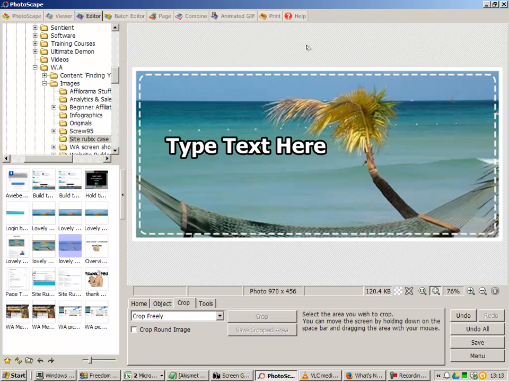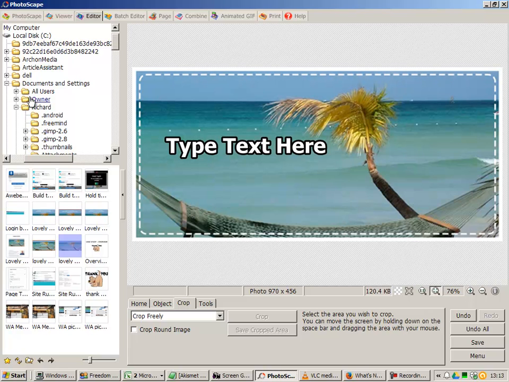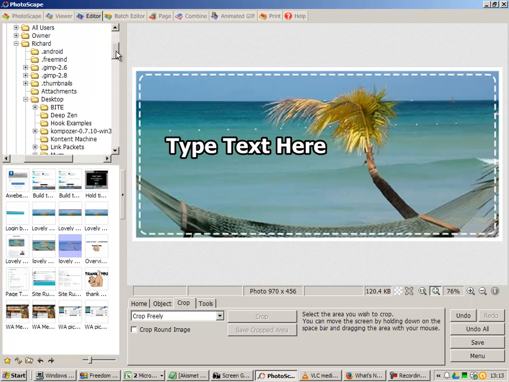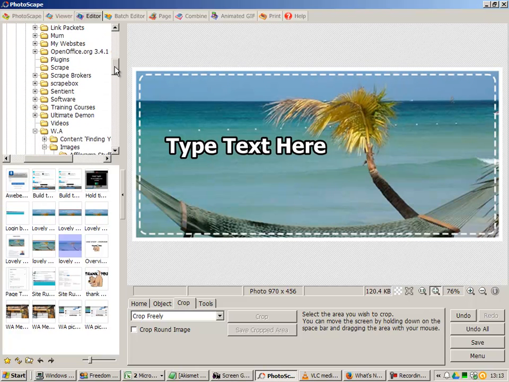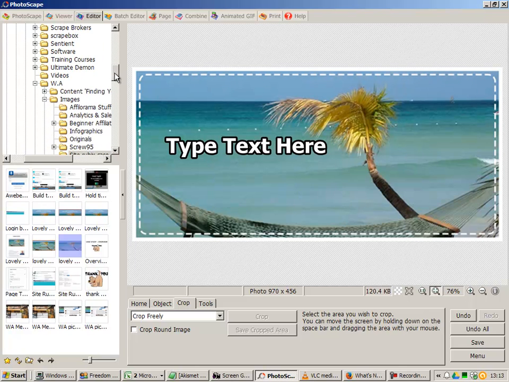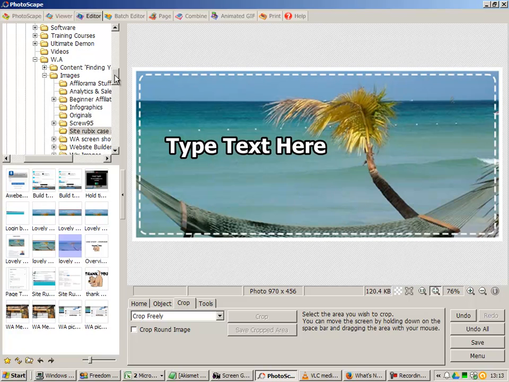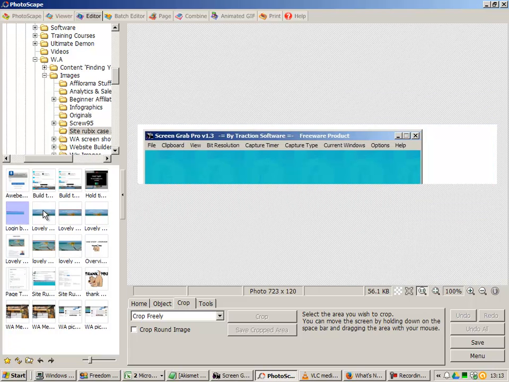And this is the editor tab. So you've got all of these modules up here, and you see that I'm in editor. These are all my files on my computer, so it's super easy to work with. I've got my desktop, and all these files are under my wealthy affiliate stuff, and they're within images. And within images, I've got the site Rubik's case study. That's all of these files down here. So it's really very very easy to move around, and as you click on the artwork,